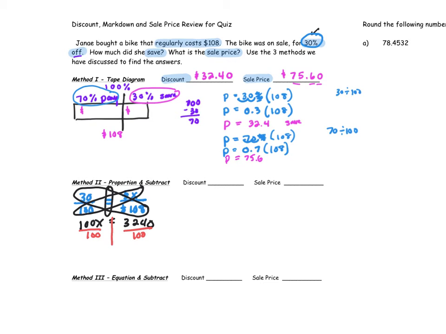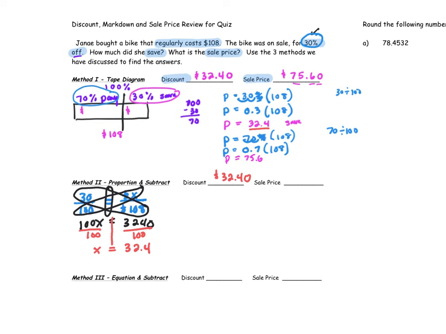And when we do, we get x equals 32.4. And hopefully that looks familiar. That's what we had up at the top. In fact, if you recall, we had to divide by 100 to make this percent into a decimal. And here we divided by 100 to get the final answer after we cross multiplied. So we're getting the same answer. But just like before, we have to acknowledge that we just found the discount, which is